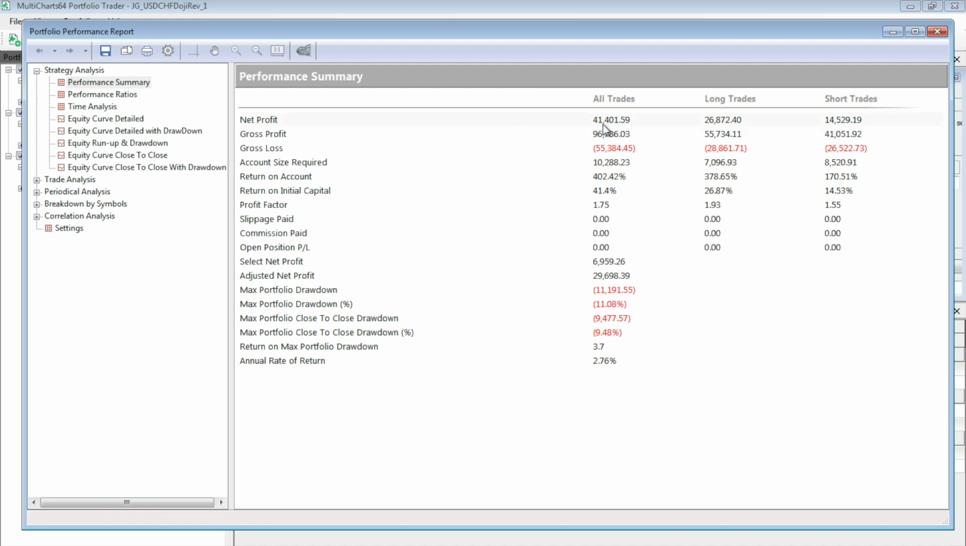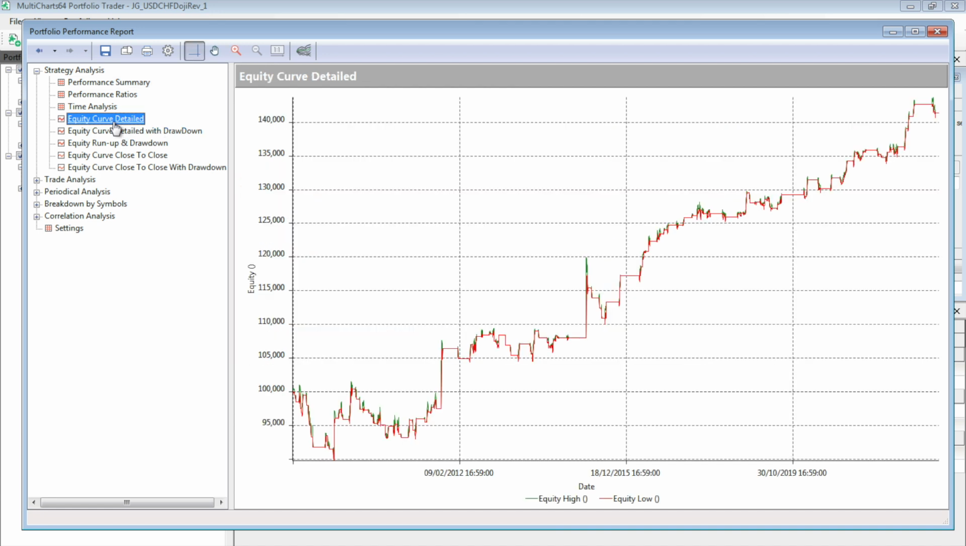Total net profit, just over 41,000. Equity curve, this is what we're interested in, and it's slightly choppy, slightly uneven on those early years. Remember, we've got from 2008 to 2010, which was our out of sample data, and then we've got about 3 years starting from, if I line up, from about here